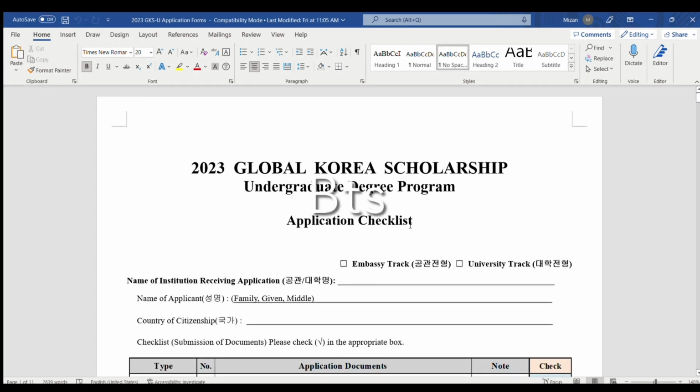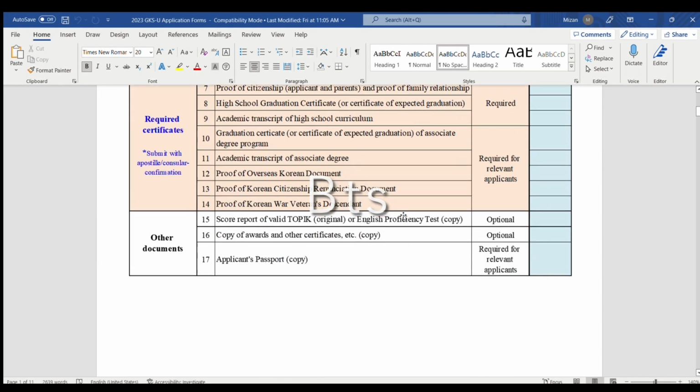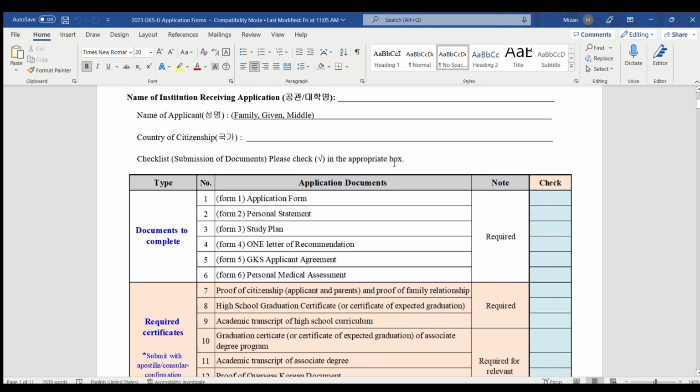So this is your application form. The very first form is your application. The very first form is the checklist. So these are the